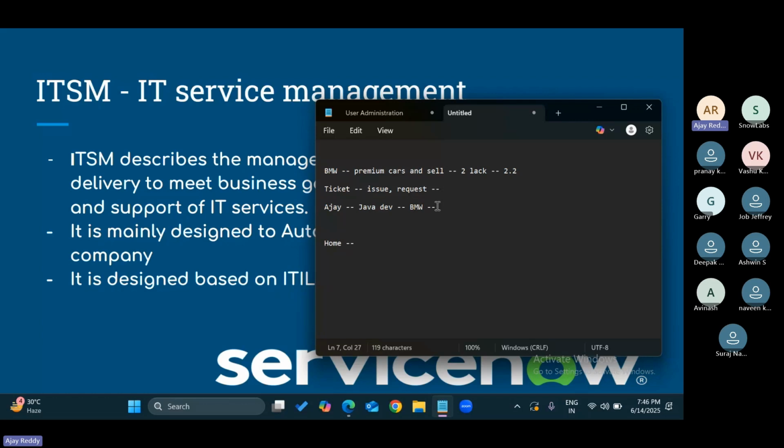So this is the first area, guys. Generally every company wants to improve its productivity, and a company's productivity improves with its employees' productivity. That is why this is mandatory these days. In the olden days there were other applications, BMC Remedy and Jira. Those are not cloud, and very few companies were using BMC Remedy and Jira because they are very costly and